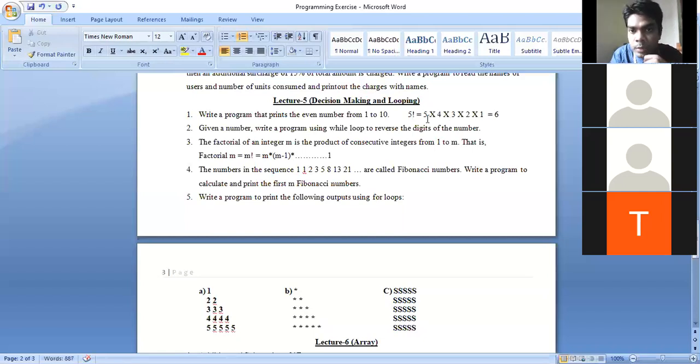So it might be 5 into 4 is 20, 20 into 3 is 60, into 2 is 120. It will give you output 120. In this way I give a number and my program will do the calculation and give me the factorial value of that given number.